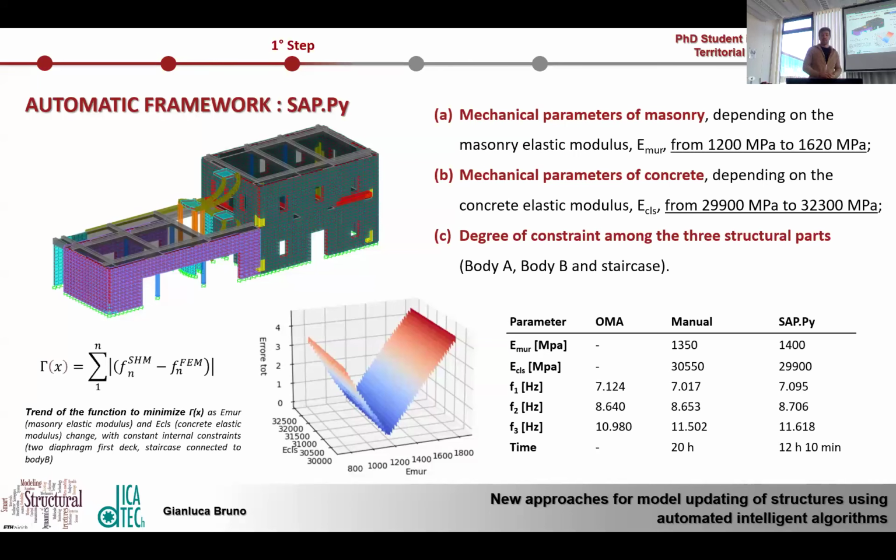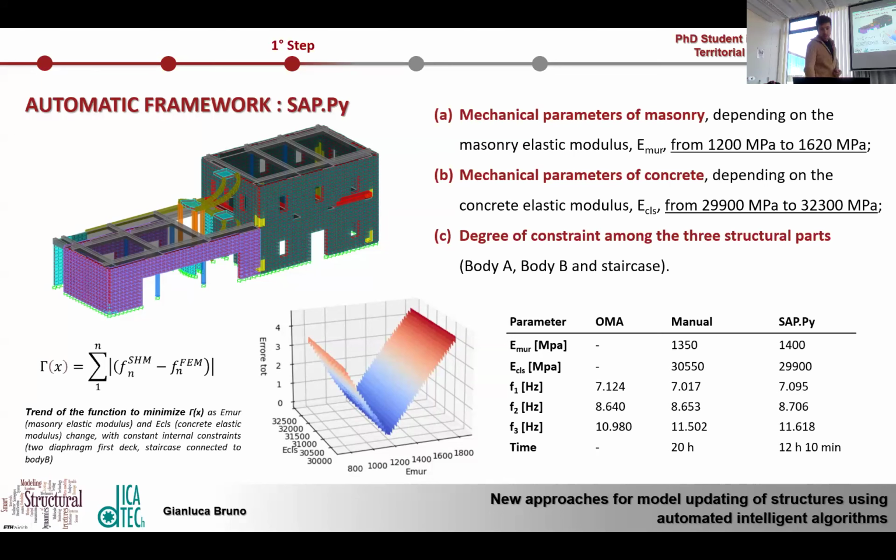Then I created the model in the software SAP 2000 with the real geometry and set the uncertain parameters. In particular, I chose the mechanical characteristics of the materials, masonry and concrete, by varying the elastic modulus in engineering ranges, and the degree of constraint between the different parts of the structures. Then I set the target variable to compute the gamma function as the error between the simulated target